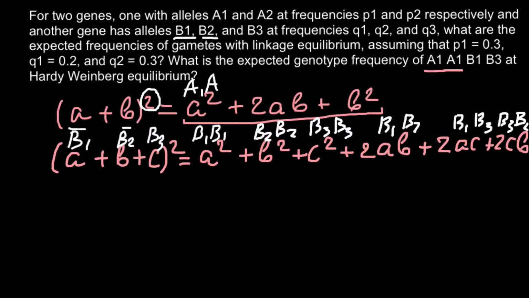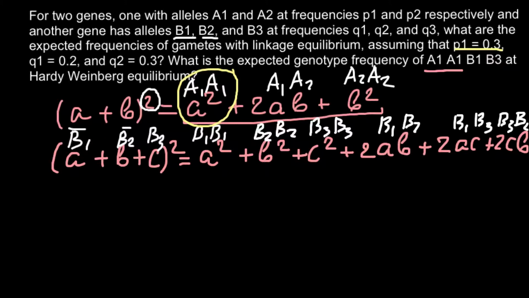And here would be genotype A1, A2, and B squared stands for the genotype A2, A2. So what we have to find? We have to find the genotype that is here, A1, A1, that is represented by A squared, and we know the frequency that is